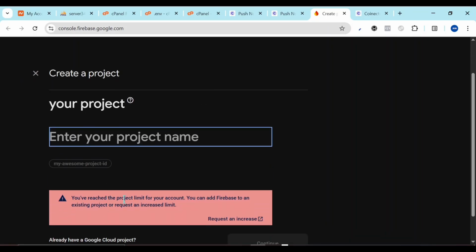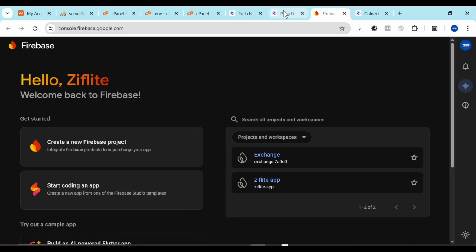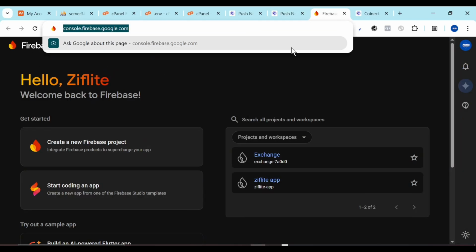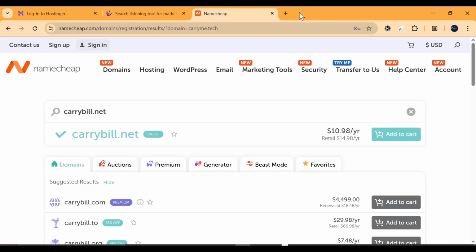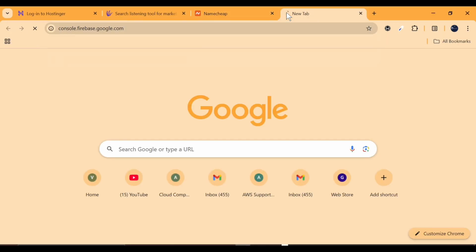So I've reached my project limit. Okay, so let me see if I can create an account on a different domain, right? So I'm just going to come here, put that. So you're in luck actually. I'm going to show you here how you can set your notification